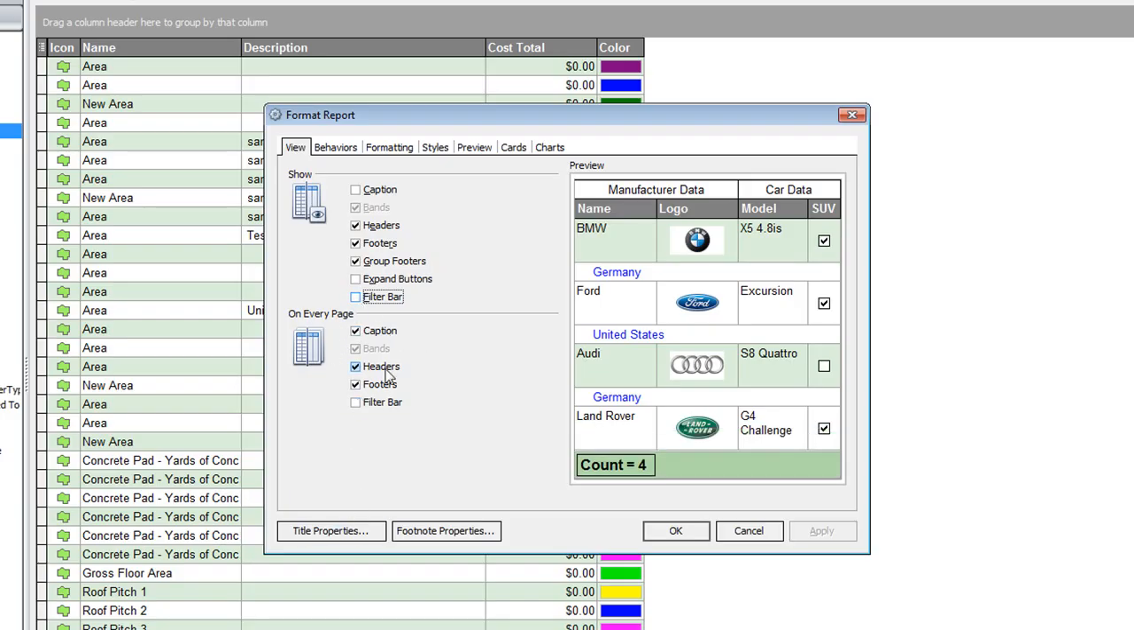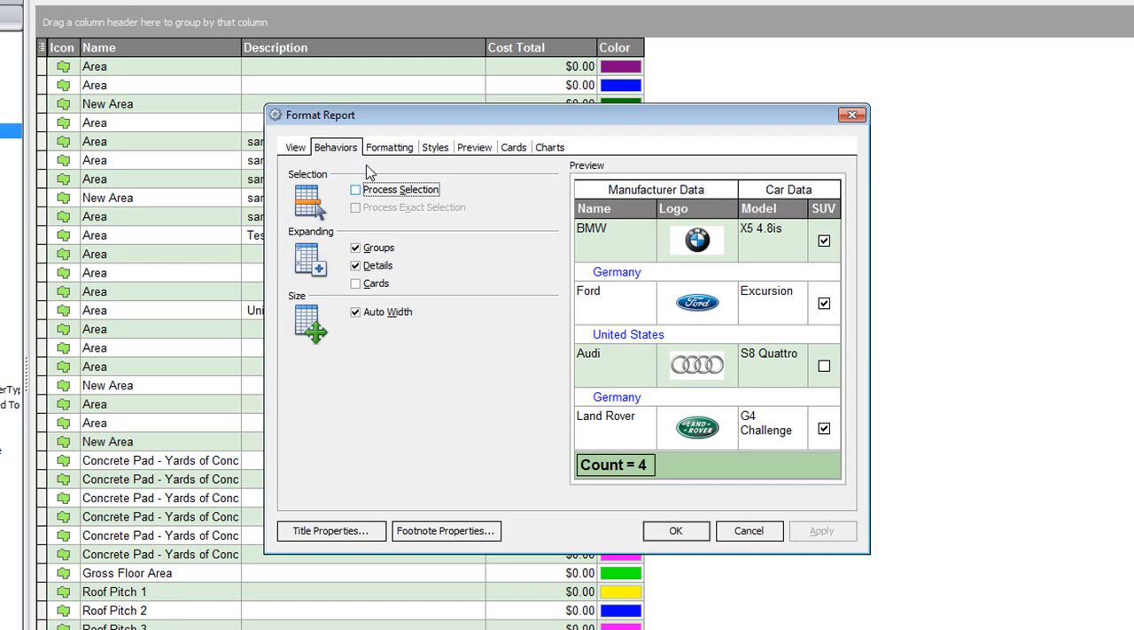On every page, this is asking you what you want to see on every page. Do you want to see the caption on every page, the headers and footers on every page? You can change those to suit your needs. Under the Behaviors tab, we have the selection,